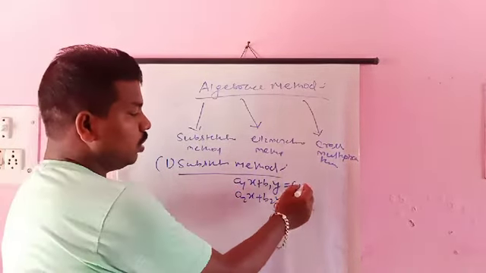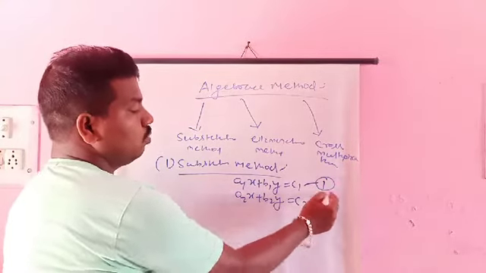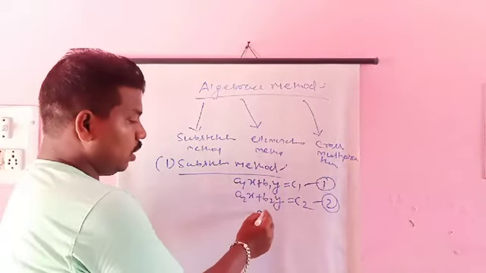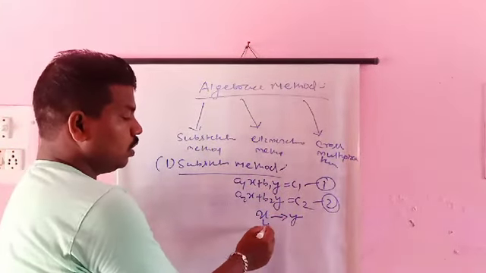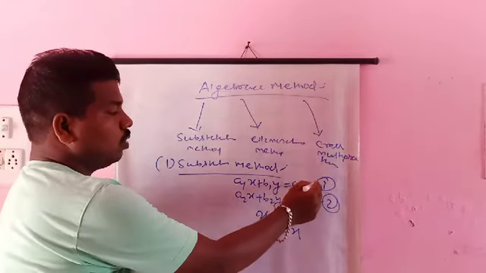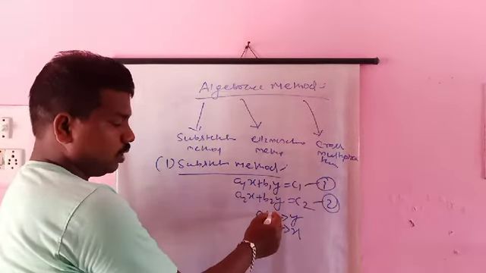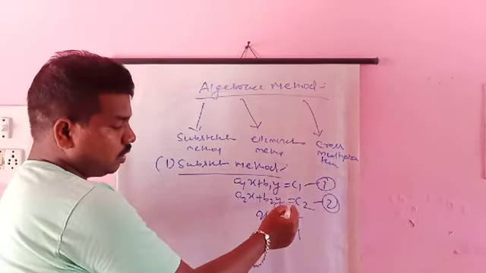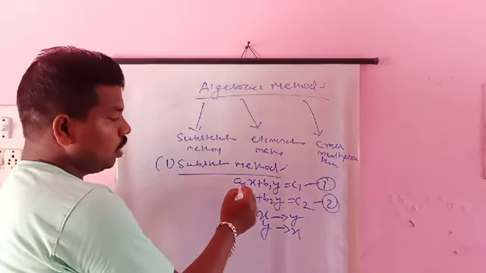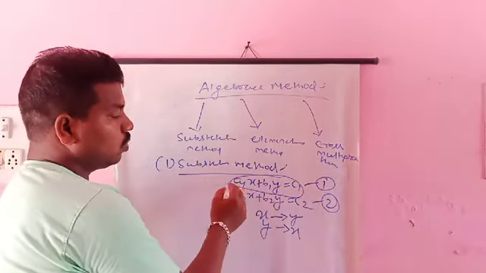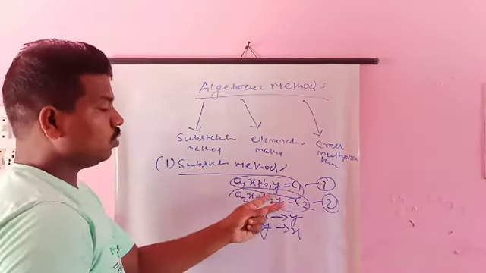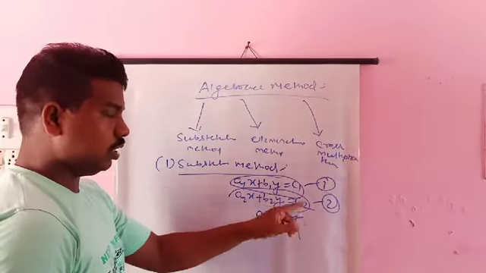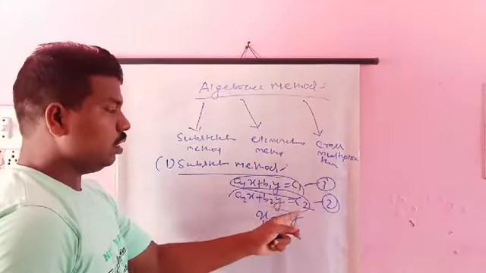Substitution method means here is equation 1 and here is equation 2. From equation 1 or equation 2, we convert either x to y or y to x. Suppose we convert equation 1 in the form of x, then we write x equal to a y term. If we convert in the form of y, then y equal to an x term. Then we substitute this value in the other equation.